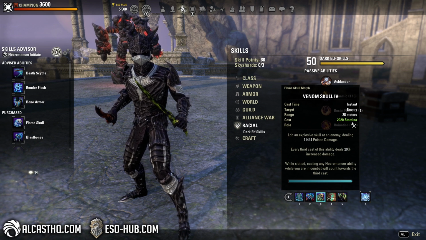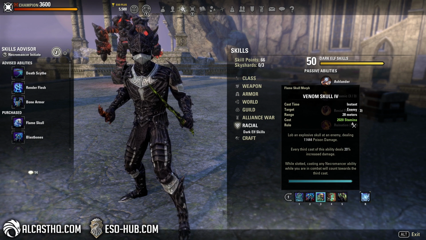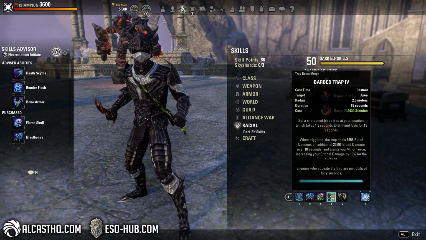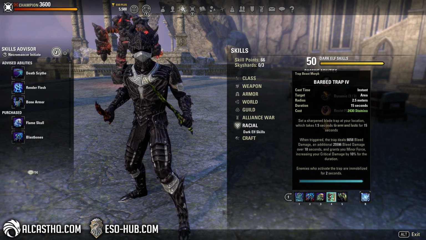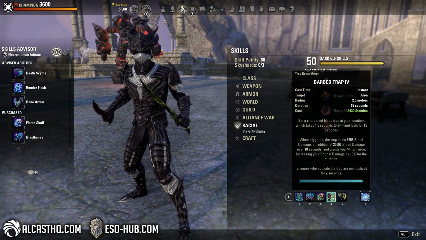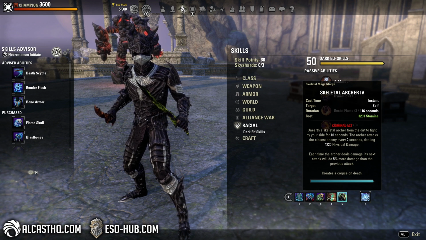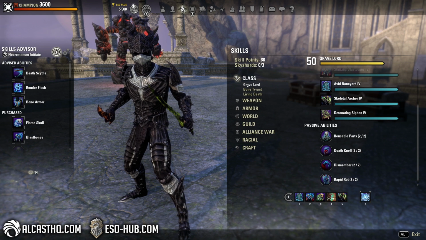Venom Skull is your spammable. It deals a lot of direct damage, and every third cast deals 20% increased damage. Barbed Trap deals decent damage, but more importantly gives us Minor Force, which increases our critical damage by another 10%. And the Skeletal Archer deals a lot of damage and also gives us the...